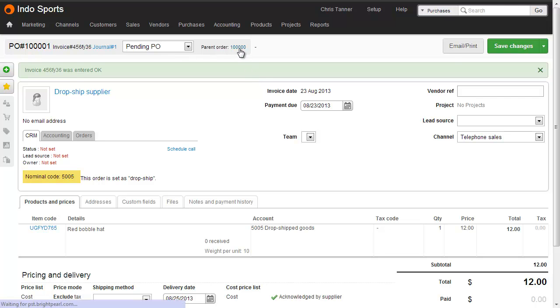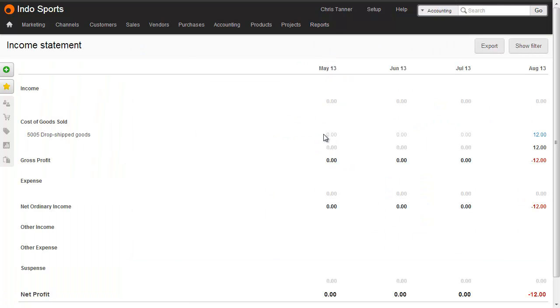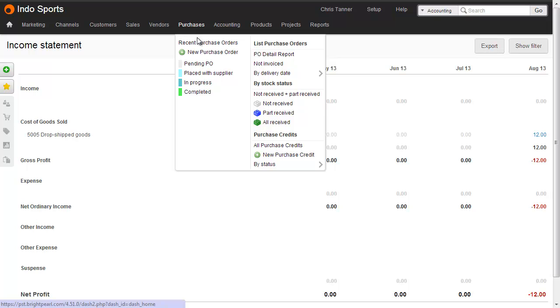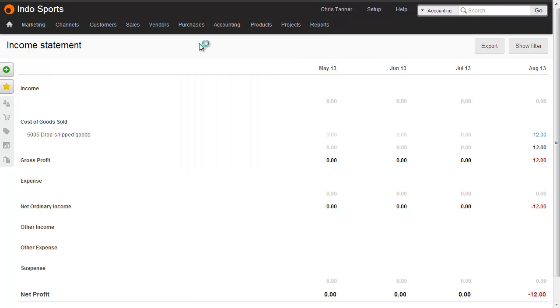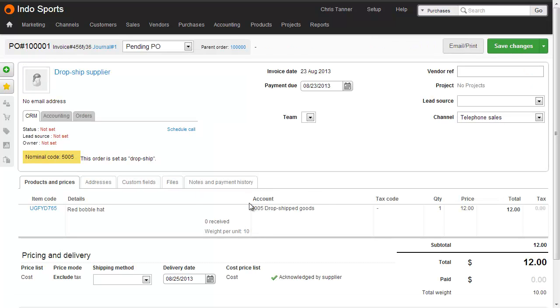Going back to the parent sales order, we can now see that the total cost for this order, i.e. the cost of the sale, is $12. Let's have a look at the income statement, or the profit and loss report, to see how that's been put straight on to drop shipped goods. If I go back to the purchase order, then we can see how that's happening. So we'll go Purchases, Recent Purchase Orders, open up that PO, where we can see the line item here, the account code,